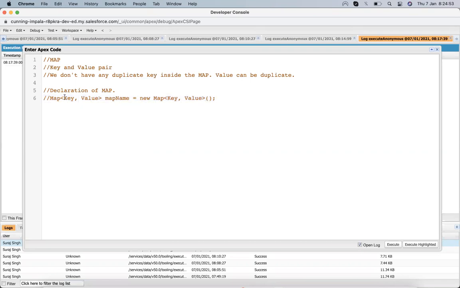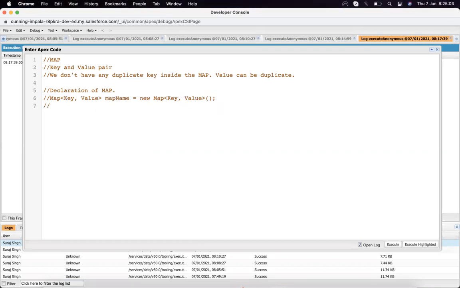We just have a Map, a key and value pair, then the map name, and we allocate the memory. And here key and value are the key data type and value data type. Whenever we are declaring a list, set or a map, in that declaration we define its data type.